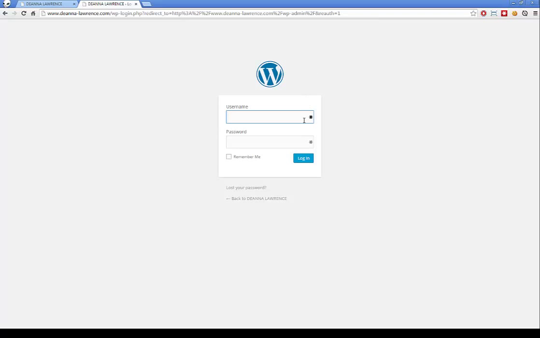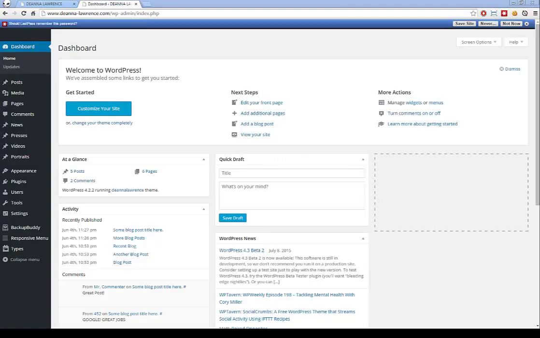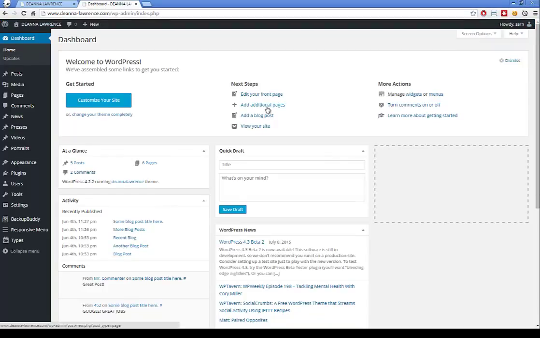If you type in the website address correctly, you should be able to see a screen similar to this, a username and password screen. So I'm going to go ahead and pause the video so I can log in. Once you're logged in, you should see a screen just like this. This is basically your dashboard, and it gives you a quick snapshot of what's going on with your